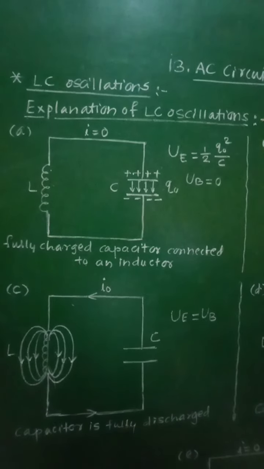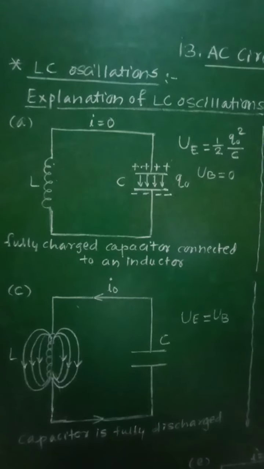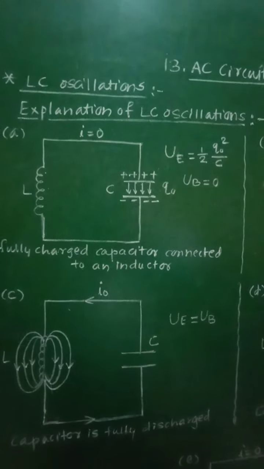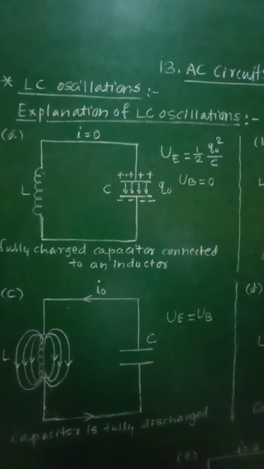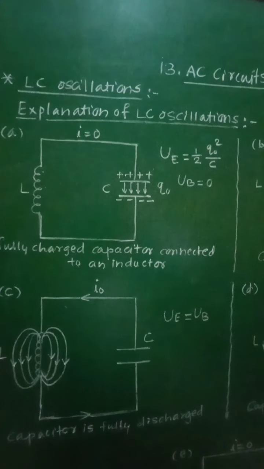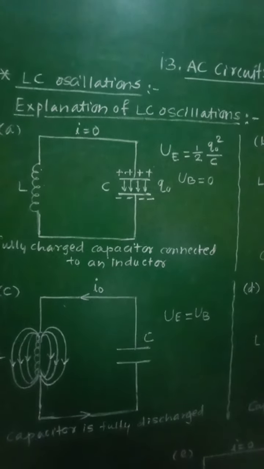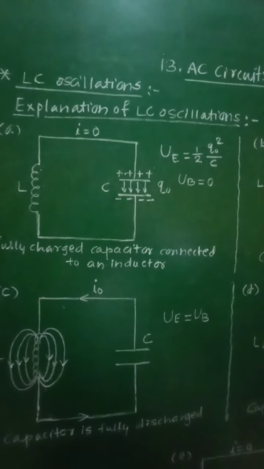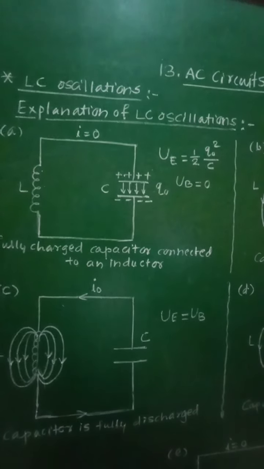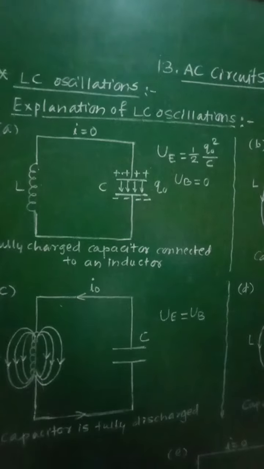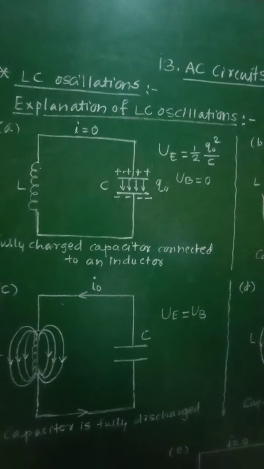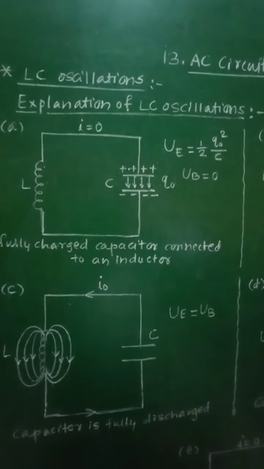No charge will be present on the capacitor, it will be fully discharged, and the inductor will be storing all of its energy. As a result, the inductor will start charging the capacitor now, and then the current and the magnetic flux linked with the inductor start decreasing, and therefore an induced EMF will be produced which recharges the capacitor in the opposite direction as that of the previous case.